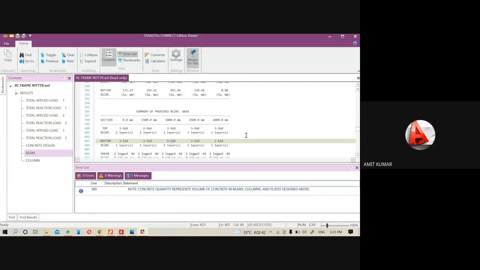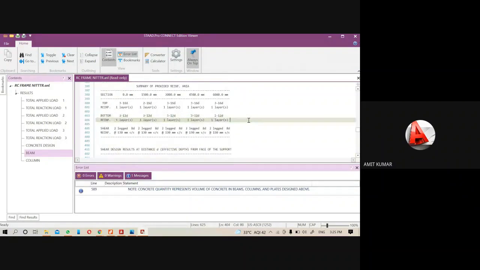One more thing I just want to clarify here. In this output you will see that at the bottom, at the start point, that is the 0 meter distance, there were a total of 3 bars, and at a distance of 1500, that is 1.5 meter, the bars are again 3 bars of 12 dia, but at a distance of 3 meter there are 5 bars of 12 dia.